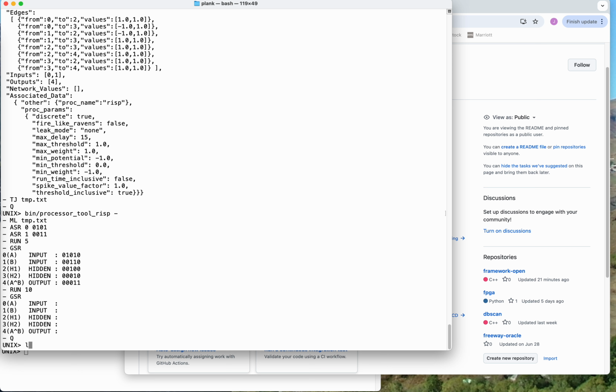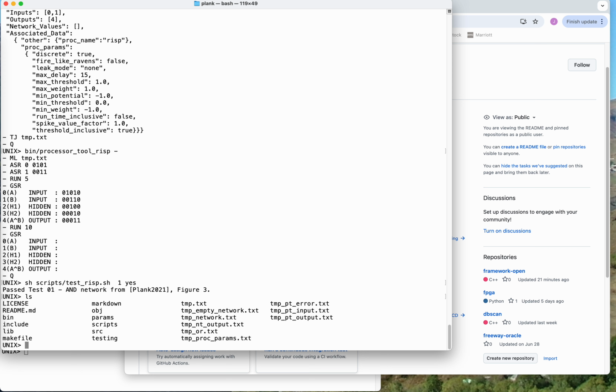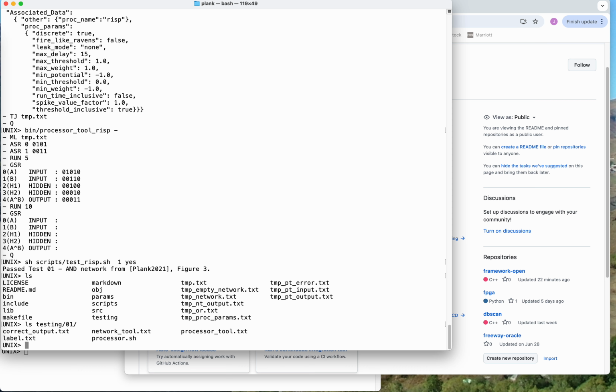Additionally, all these testing scripts, so like for example, when I did the testing script here, let's just say 1 and let's keep the files around, okay? You'll note that what the testing script does is it actually goes in here. Let's just take a look. If you see in the testing directory, according to that testing example, there are a bunch of files, okay? And important ones are that we have